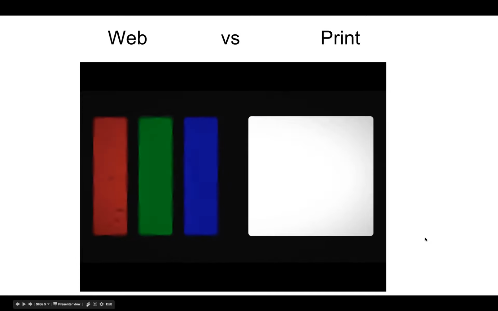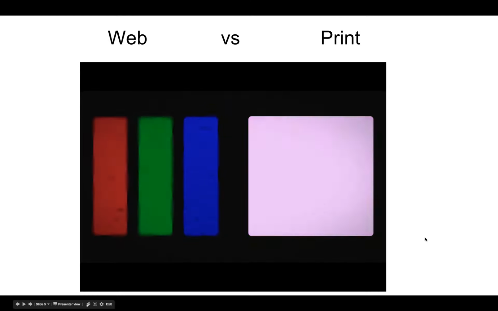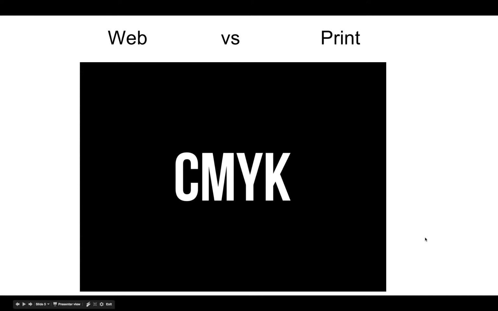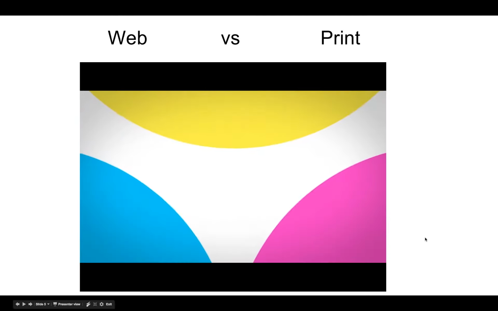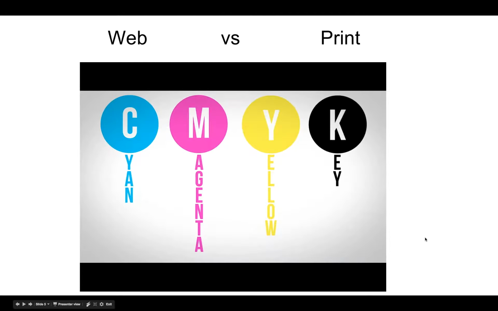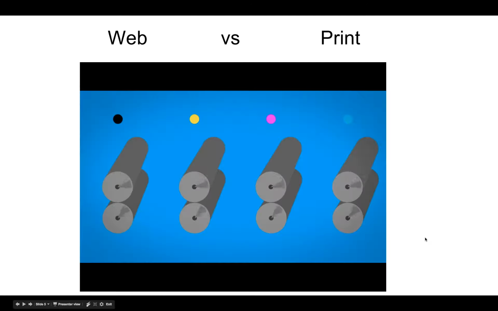For instance, if the red and green subpixels are turned on all the way, the resulting pixel would be yellow. Or if the red pixel was dim and the blue pixel was on all the way, the resulting color would be purple. All 3 subpixels added together create white, which is why RGB is known as the additive color model. CMYK, on the other hand, is a subtractive color model and creates white by subtracting colors. CMYK stands for cyan, magenta, yellow, and key, which is black, and should be used for anything that is printed with ink. CMYK works by starting with a lighter page, usually white, and then layering each color together until the